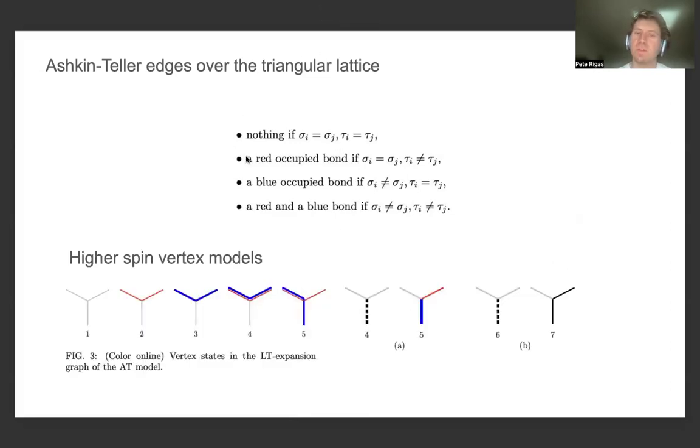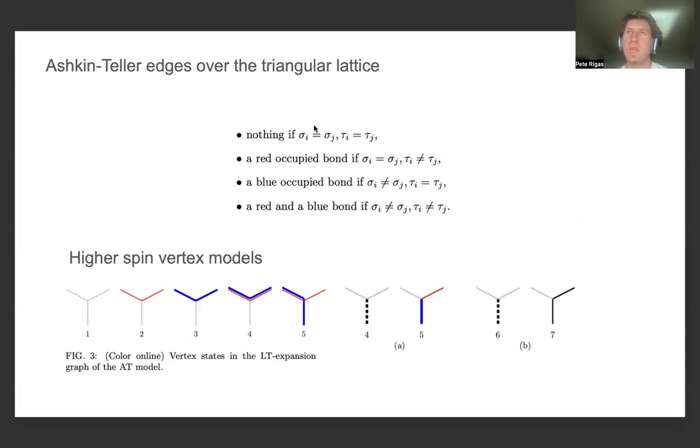And from this set of 4 rules that we have for assigning edges, or bonds, as either red, blue, or red and blue, or nothing, this is very much relating to higher spin vertex models, which we don't have time for, and we haven't really been discussing these types of vertex models throughout the series at all. But it's another class of vertex models, which is somewhat related to what we have been talking about, from the fact that you can assign multiple ingoing edges of different colors or orientation at each vertex of the model. So this type of assignment of the edges that the authors from this reference use for the Ashkin-Teller model